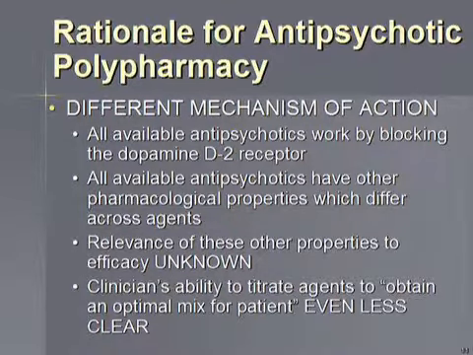Now, where all the 18 antipsychotics that we have in our country, and they don't neatly cluster into first and second generation antipsychotic agents, where they differ is in their profiles of blocking other receptors, various serotonin receptors, and in fact they are partial agonists of the 1A receptor, things of that sort. So they have different properties. They all block the D2 receptor, but what else they do at different receptors varies. And that influences differences in their side effects.